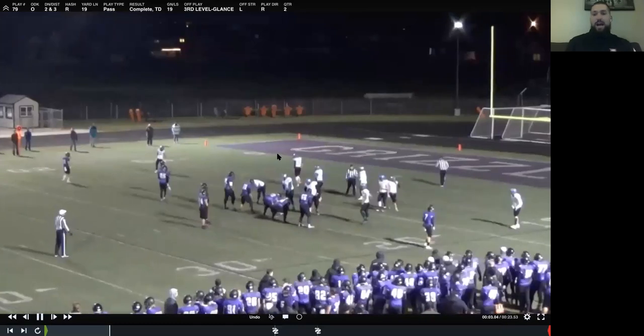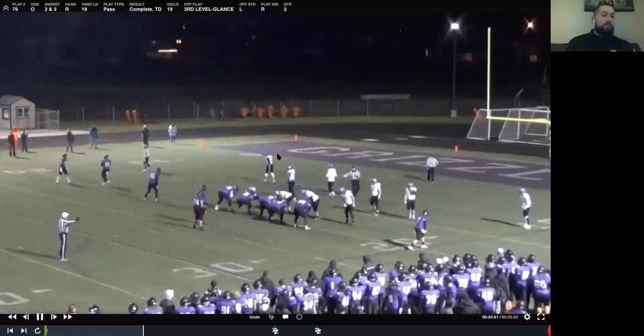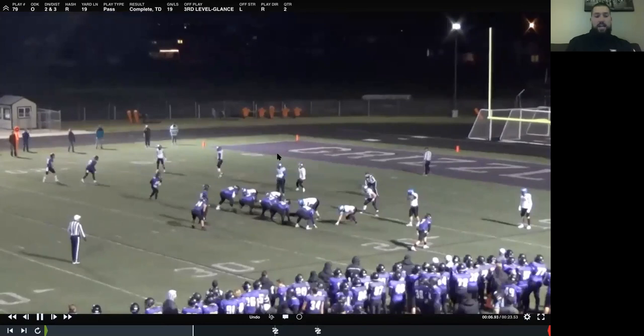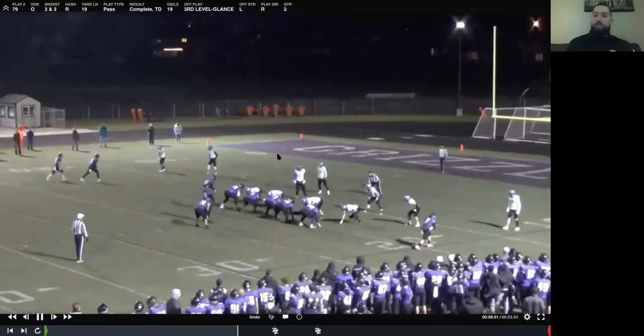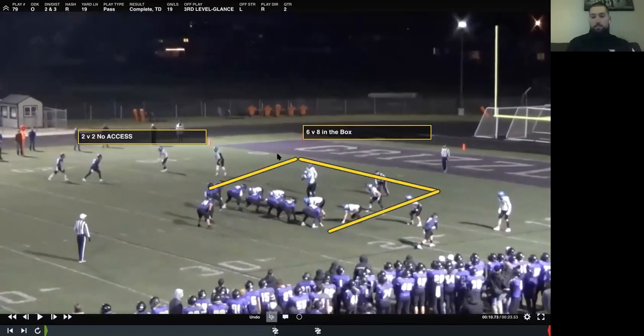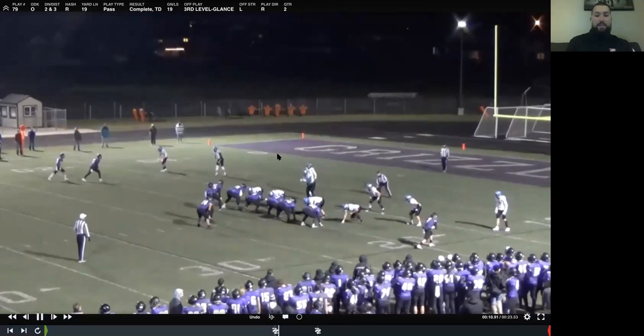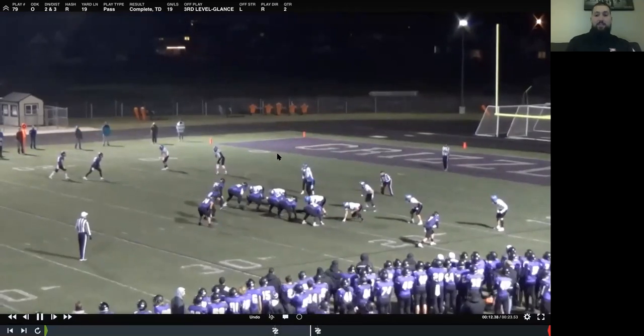Okay. So now let's talk about third level players, right? Third level players. I have heard some people say, hey, you can't read third level players, right? That's all just hard sell play action stuff. It may be, it may not be, but what we've done is we've given our guys the opportunity, if that cat is going to come down and play the run, we give them the chance to pull the ball and go ahead and sling it. So where's the safety? Okay, he's right there.